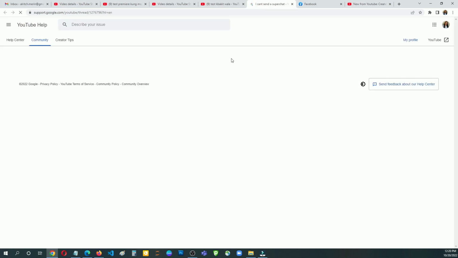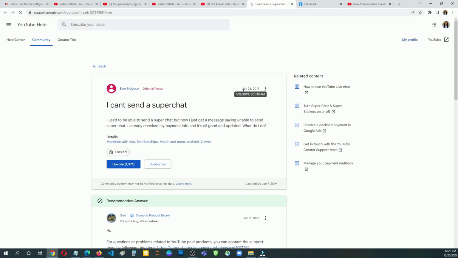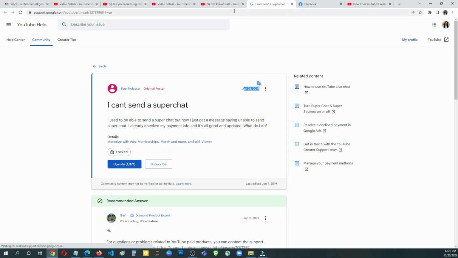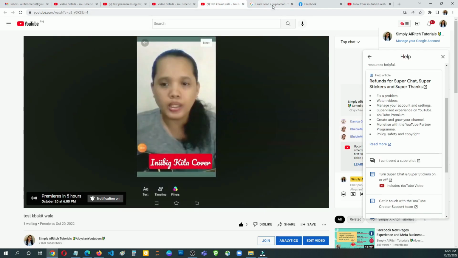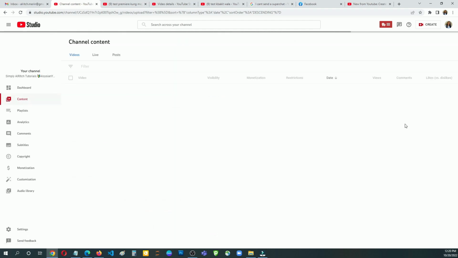It redirects me to an "I can't send a super chat" page, a January 26, 2019 issue. So this will redirect me to the Google support page and not to an actual agent. I wanted to chat with an actual agent.